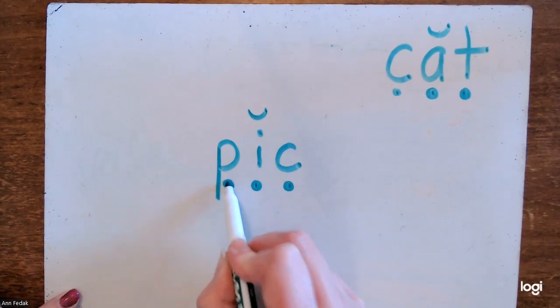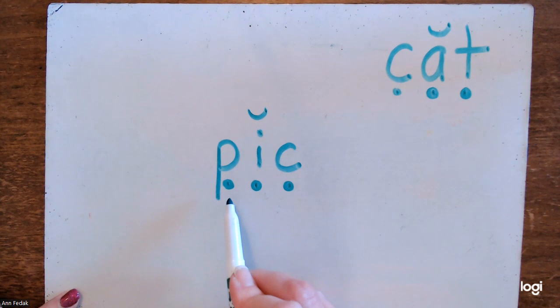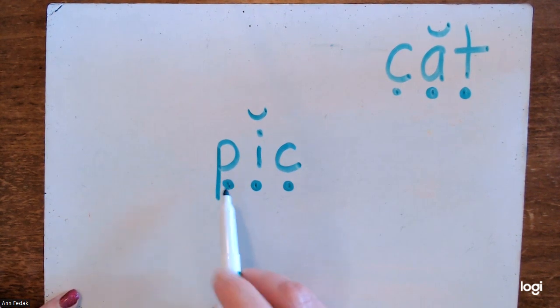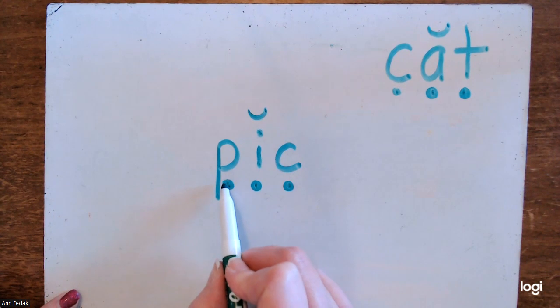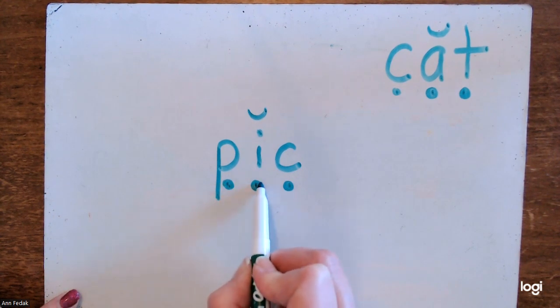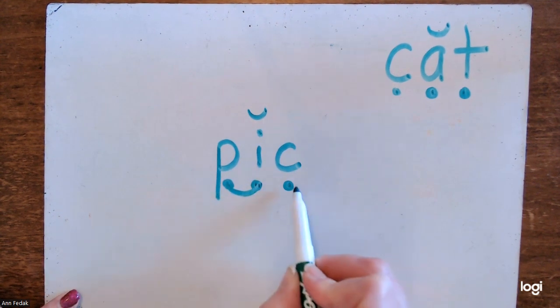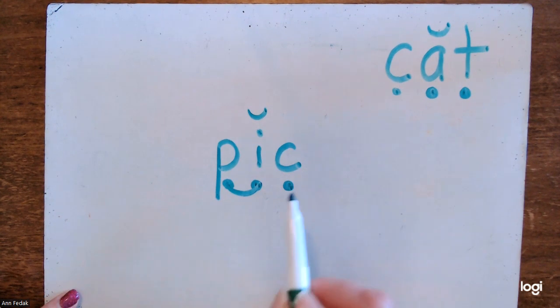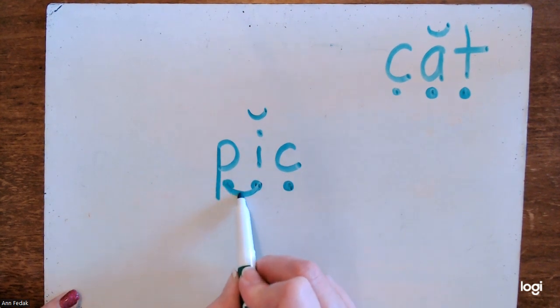All right, let's start with our first letter here on the left. What's the sound for P? That's right. P. Let's link it to the I sound. P, ih, pih. Do you remember the sound for C? That's right. K. Let's link it. Pick,